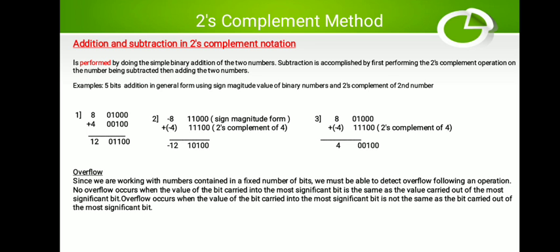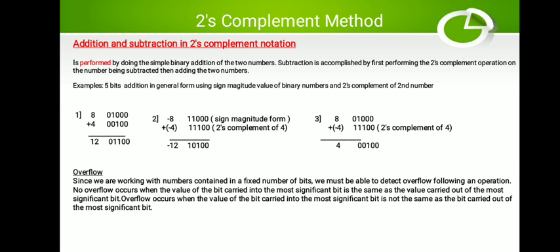So minus 4, what you're going to do, you don't have to take in sign magnitude form directly. You're going to take what you saw when you carried out subtraction by 2's complement. You have to, or addition by 2's complement, take the 2's complement of the second number. What is your original number? 4, 0 0 1 0 0.